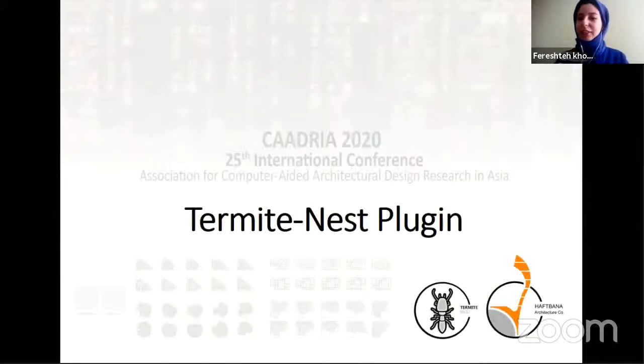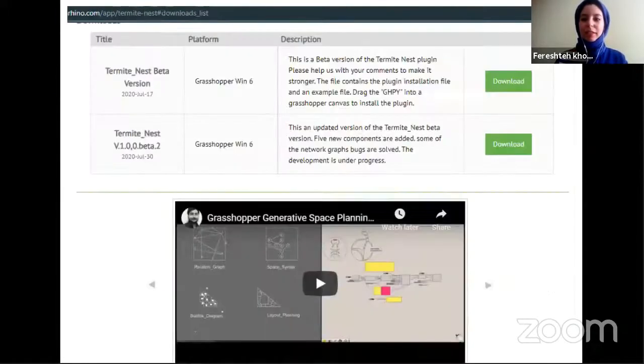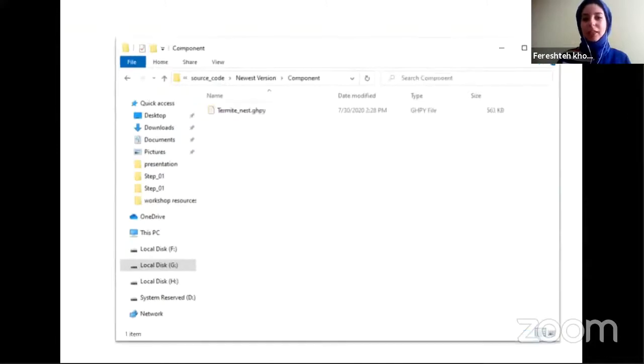Okay, about the Termite-Nest plugin, you can find it in Food4I know, and as you see, there are two versions. We indicated in emails to all of you that the newest version is the version that we are now working on, Termite-Nest version 1.0.0 beta 2. So you should download this version, and after extracting the files, you have a component folder that consists of Termite-Nest